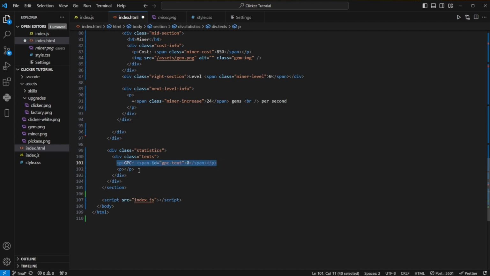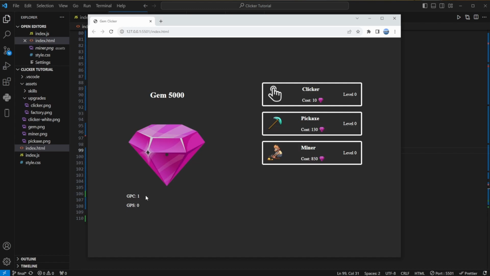So we go down here and copy this one. We can say GPS and say GPS text. Oh, this should be one at the start, right? So now we got this one. If we go back to the program, we can see GPC, GPS, but we want it on the bottom of